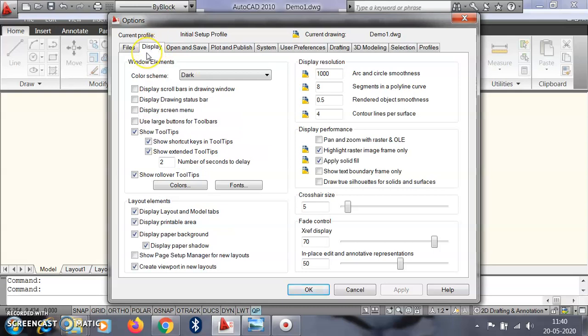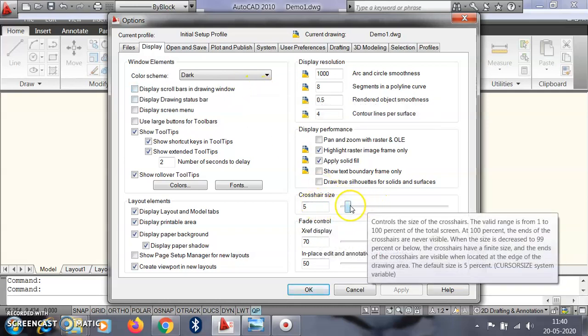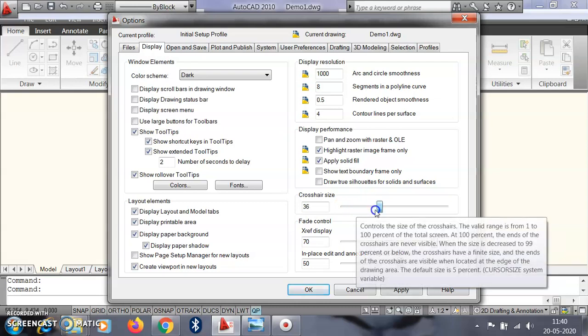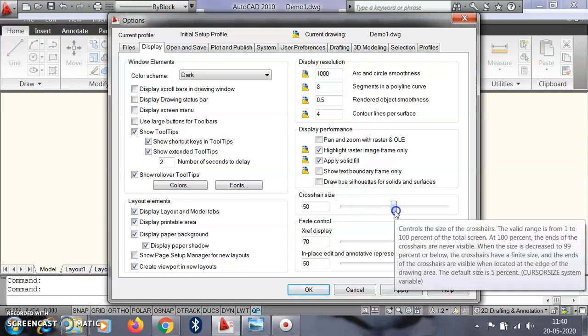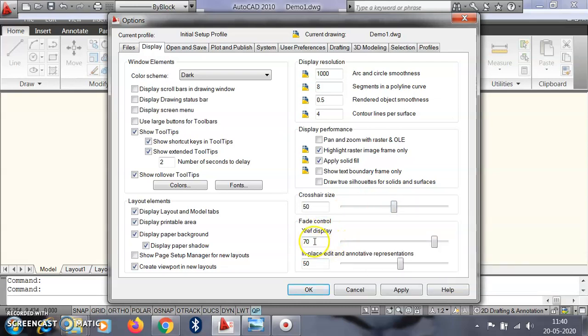Then display. So here if you have to display your crosshairs size larger than the previous one, in that case you select it. Okay, and suppose you require the X reference line shorter than the Y reference line, or whatever, you can do the settings from here.